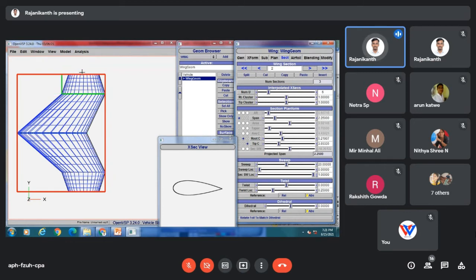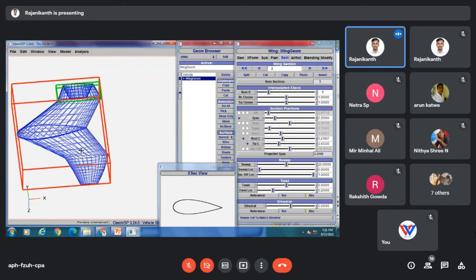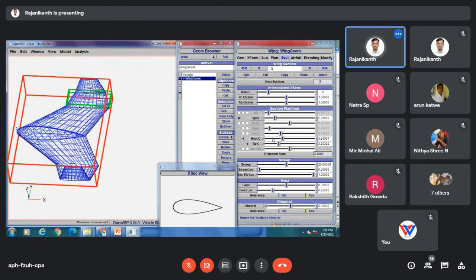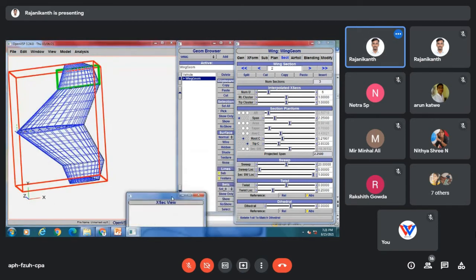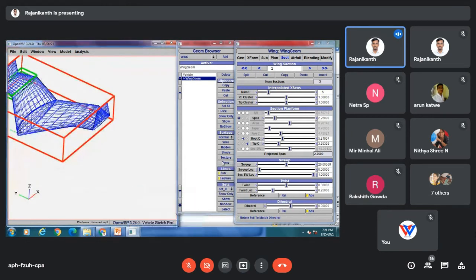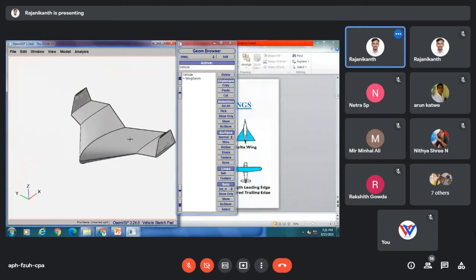Now when I jump to the next section, the second section, this one will become the root chord and this one will become the tip chord. So we have root chord and tip chord parameters. You should understand these things in OpenVSP. You don't have to be confused by the root chord and tip chord for each and every section. We'll share this one.